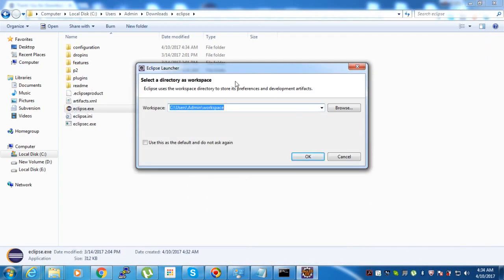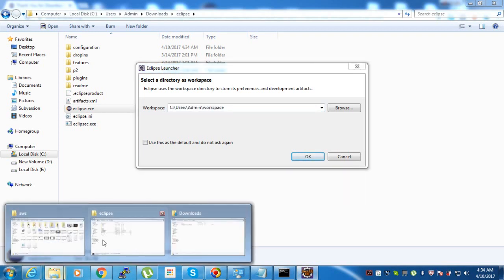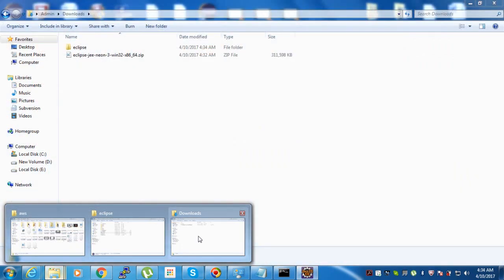So friends, now Eclipse has prompted us to provide the workspace. A workspace is nothing but one folder where Eclipse will keep all the projects which we make in that Eclipse IDE. So this is basically an empty folder. I can go to this path, or I can create my own path anywhere in my machine.